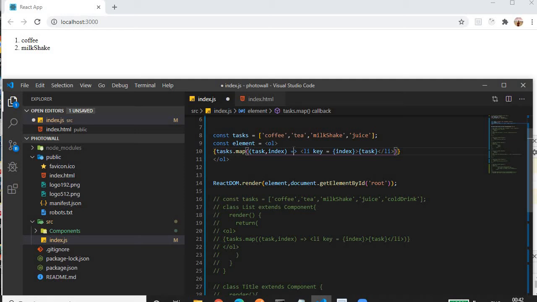So then what next? We have to create an LI element, and as we are working with an array, as I told, when we are working with an array, we have to attach a key to that element. So key equal to, here we are attaching the index. The key is always attached to the open tag. Got it? Then comes the content which we want to attach to the li element. If we remove the key, we will see the same issues here.